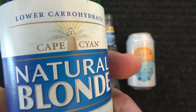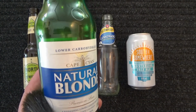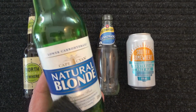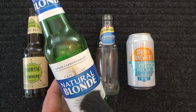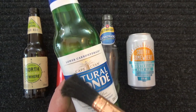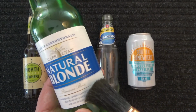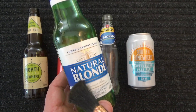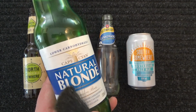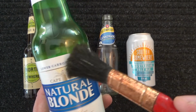Now, a number of years ago, or many years ago, I can't remember, I'll just say one other thing first. A case of beer, 24, at Aldi, for these beers is around, at the moment, $35. But if I went to the bottle shop, the bottle-o, then a carton of beer, you don't get many for under $50. So I started going to Aldi to buy my beer to save a few dollars, 35 against 50. Well, it would have been different prices 5 or 10 years ago. But anyway,